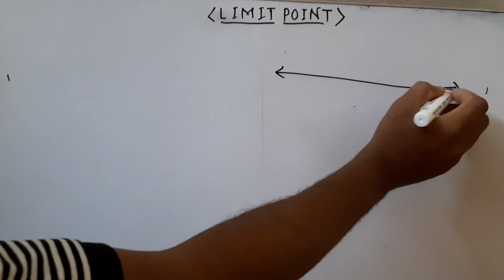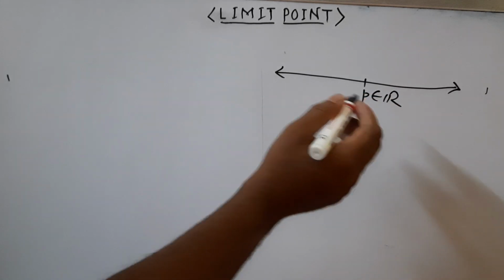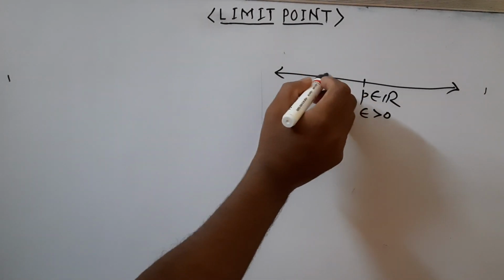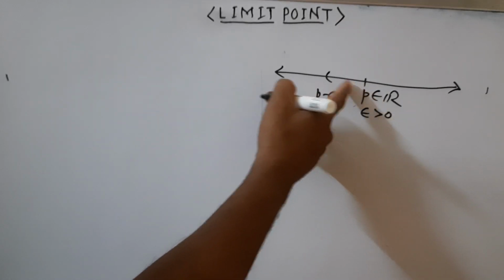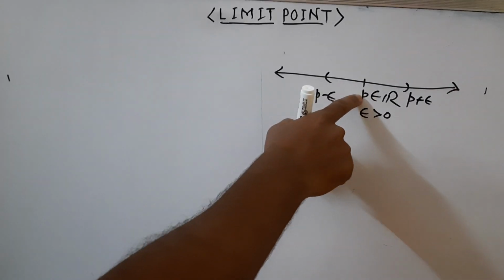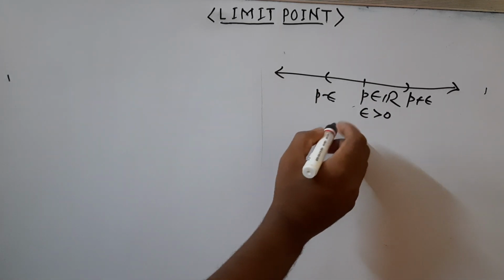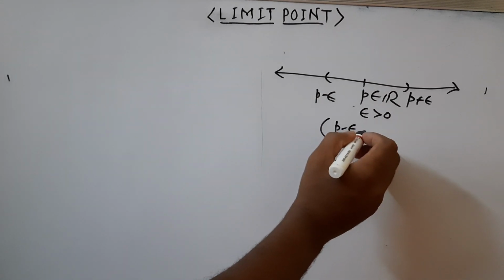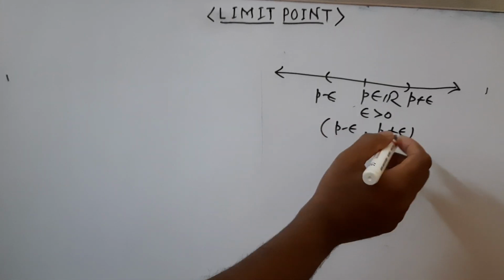So we sketch the real line, and we take any point P in R and epsilon as positive. Then P minus epsilon will be on the left of the point P, and P plus epsilon will be on the right of the point P. Then the neighborhood, this one, P minus epsilon, P plus epsilon, is called the epsilon